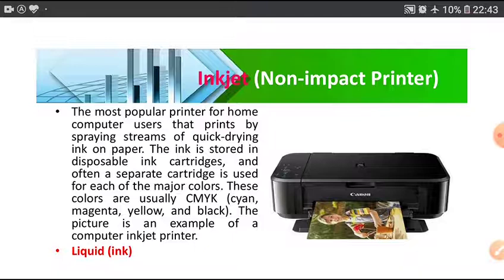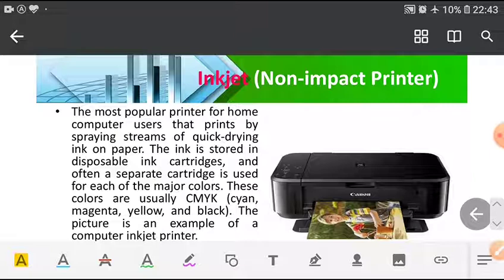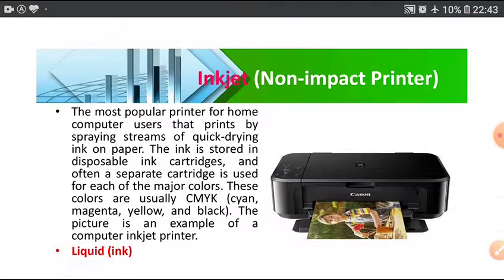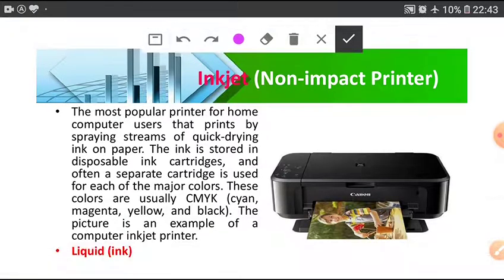Inkjet printer. Now, the most popular printer for home computer user that prints by spraying stream of quick drying ink on paper. The ink is stored in disposable ink cartridge, and often separate cartridge is used for each of major colors.